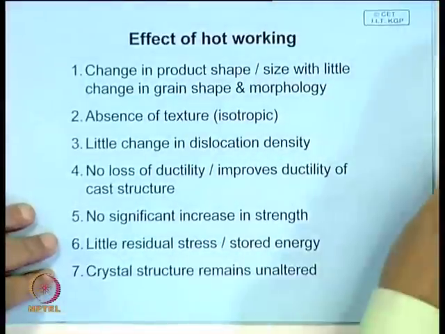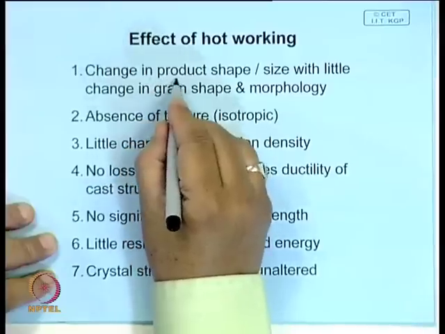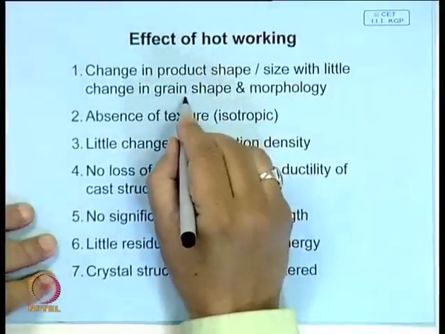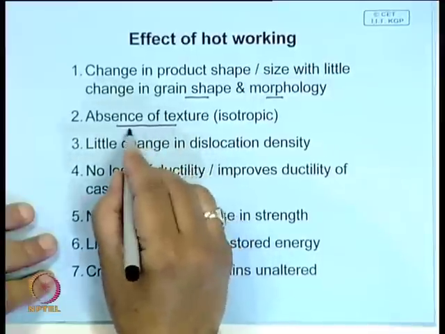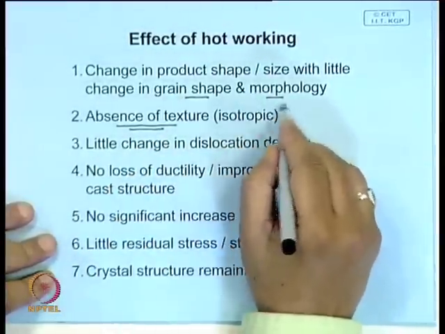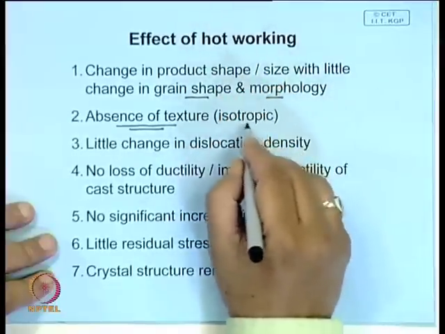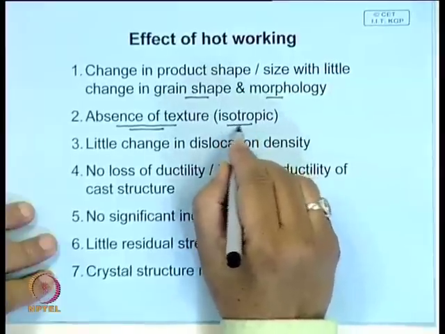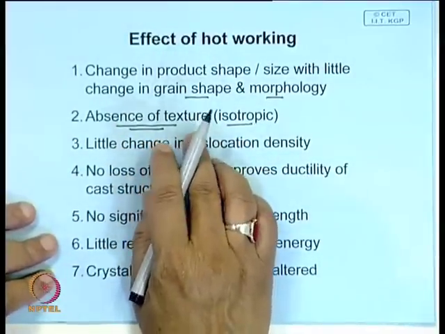As against cold working, in hot working also there is a change in shape and size of the product, with little change in grain shape and morphology. There is an absence of texture, but it also depends on the prior cold work. If you have given a material very heavy cold work and then you are doing hot working, it may be difficult to remove some of the texture. But usually, by and large, the effect of hot working is